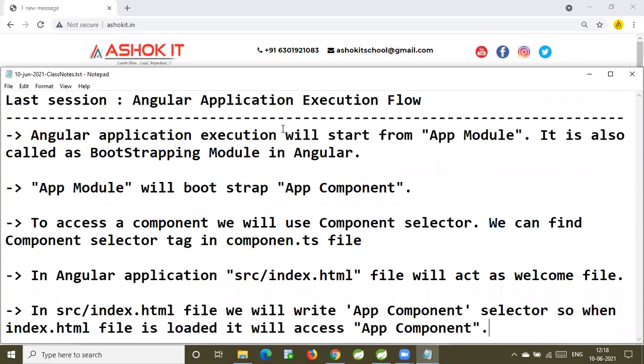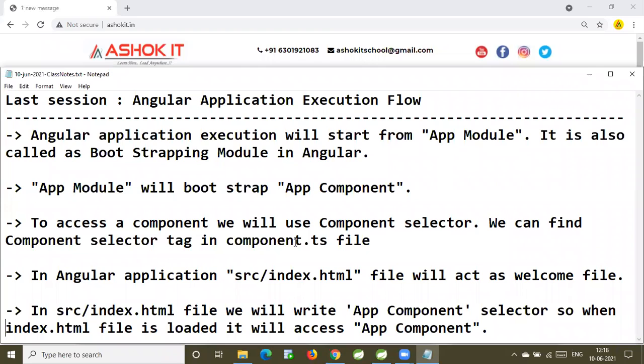Guys, able to understand? Whenever we execute an Angular application, it is going to bootstrap from the app module. The app module is also called the bootstrapping module in an Angular application. The app module will bootstrap the app component. To access a component, we will use the component selector. We can find the component selector tag in the component.ts file.